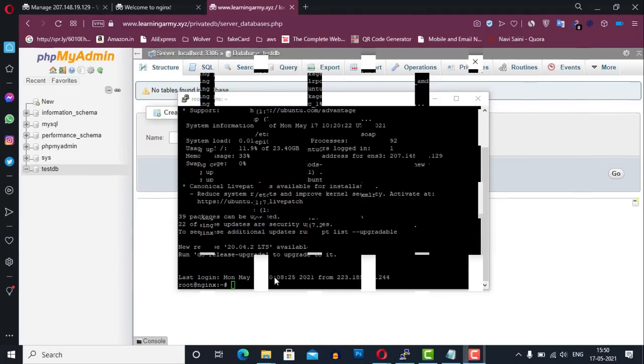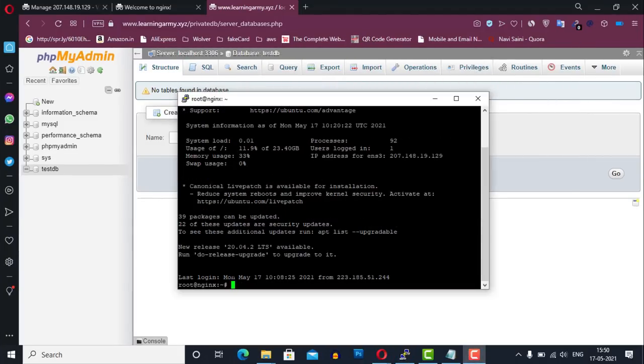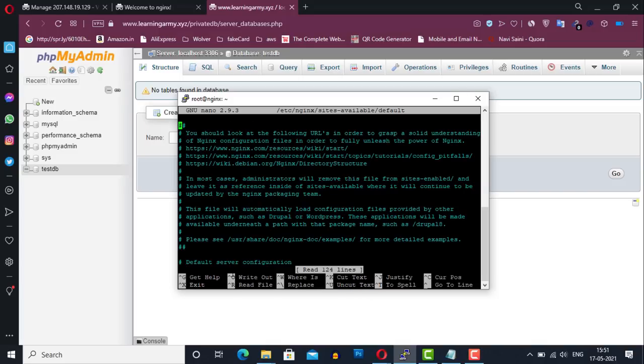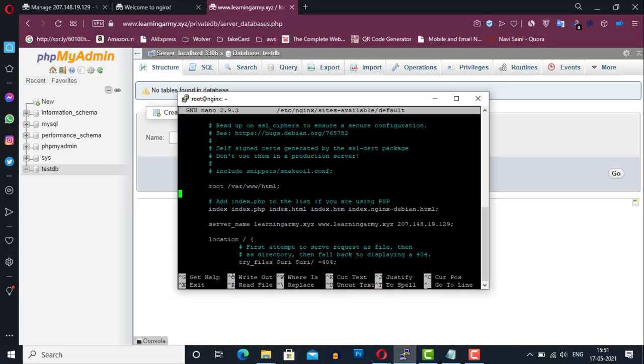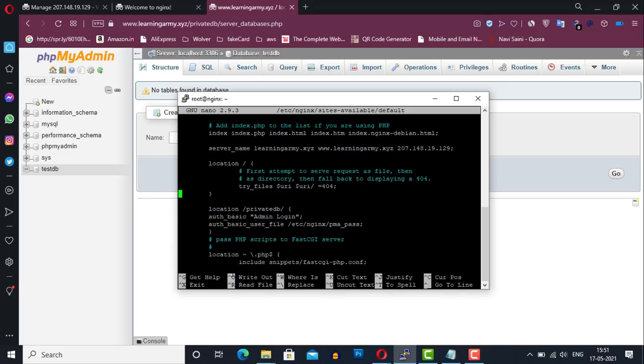Okay, so first open your block configuration file using the nano file editor. After opening the block configuration file, the first thing that you can do is to edit the try_files directive.